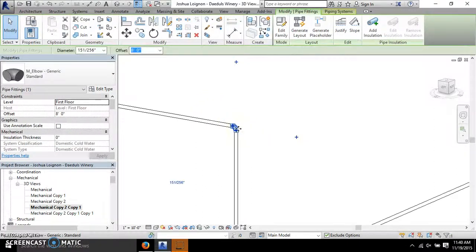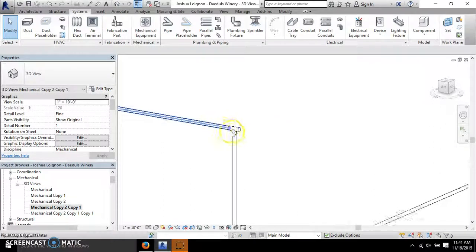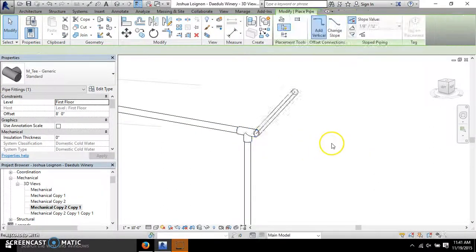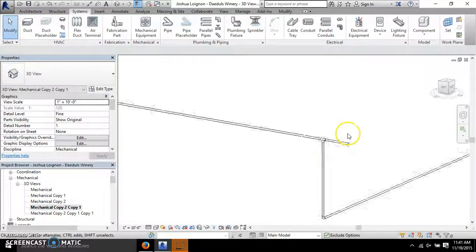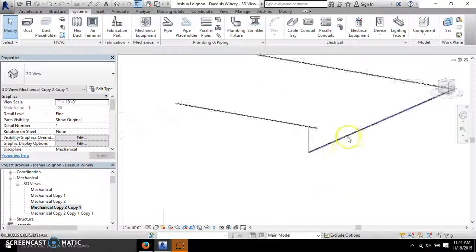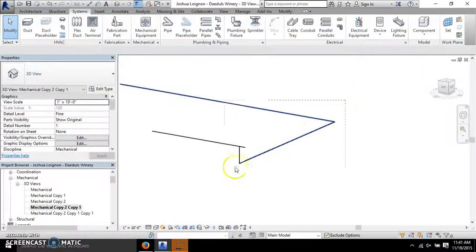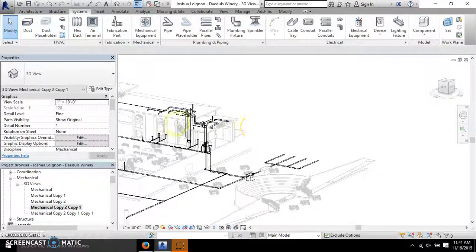And then again, you can always click on a fitting and add this so it changes the type of the fitting. And then we can draw the extension. So you can split. So maybe I'm coming over this way, I come up, and now I can run this way and that way. So there are certain things that you can do. In the next part, I'm going to actually start to show how to connect into the